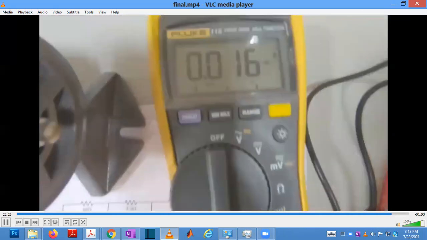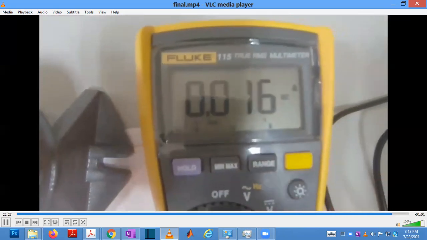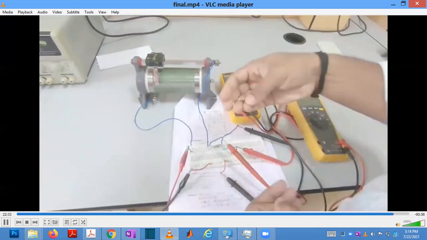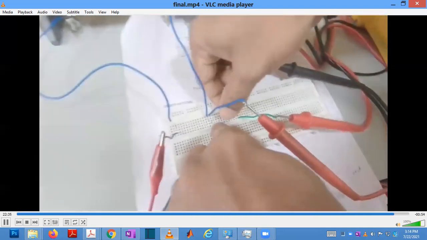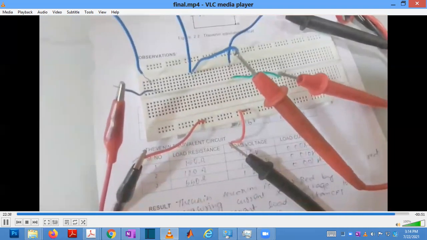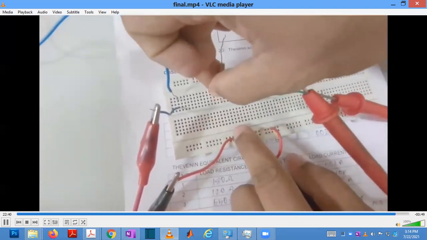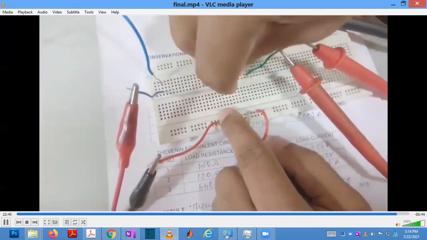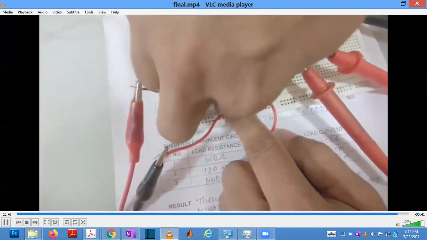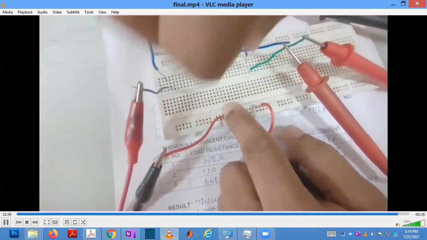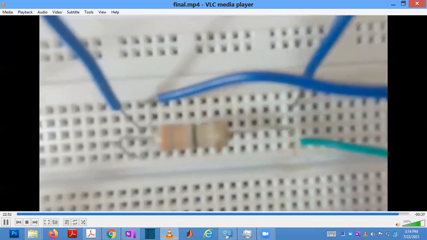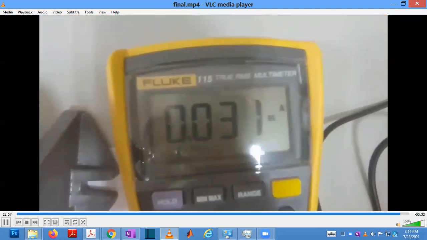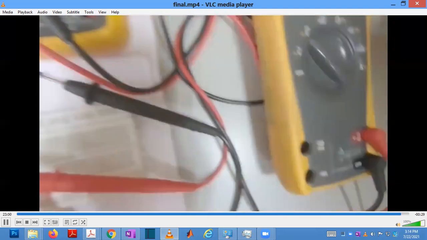Then whatever readings you got earlier, you should get the same again, because the load is not changed. Some error might be there because we are comparing the circuit and its equivalent. A small change will be there. That is due to resistance heating and other factors. So you have to change it for the three resistances you used earlier, three times. You will get almost all the readings the same.